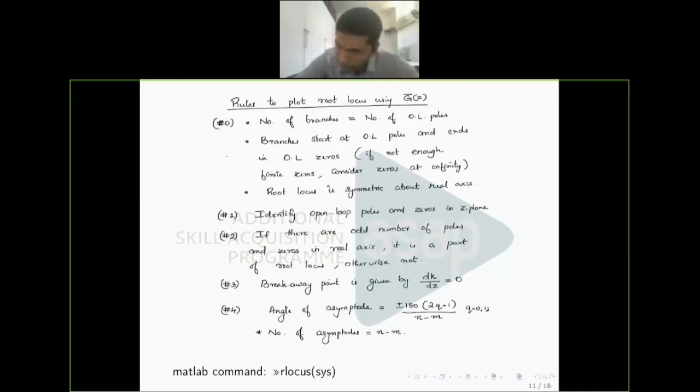Any other question? Next question is, what is the relation of sampling interval with time constant of a system? Okay, there is no direct relation between sampling interval and time constant of a continuous time system.